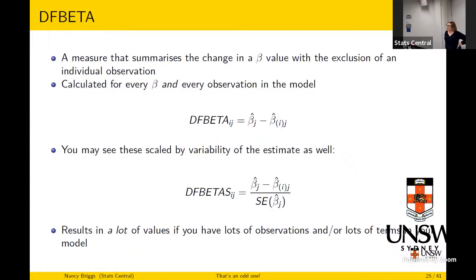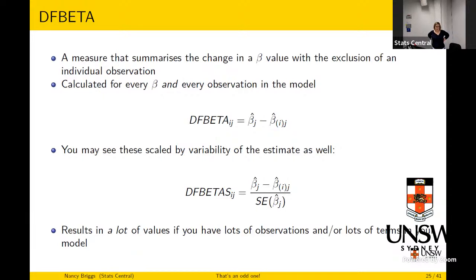DFBETAS. Now, I already said that the DF in this means difference. And so you can probably guess that what we're going to be doing is summarizing how much the beta weights in the model change due to the inclusion or exclusion of particular data points. And DFBETA is a measure that summarizes the change in a beta value with the exclusion of an individual observation. So literally it's looking at the full sample beta weight and then comparing it to one where the first observation is excluded. And then they do it for the second and the third,